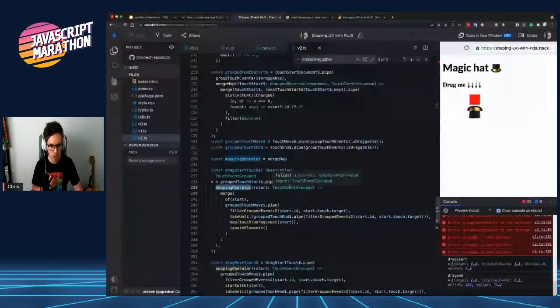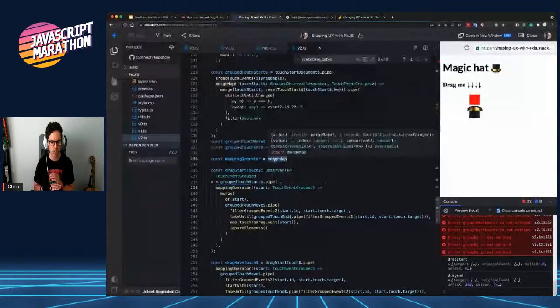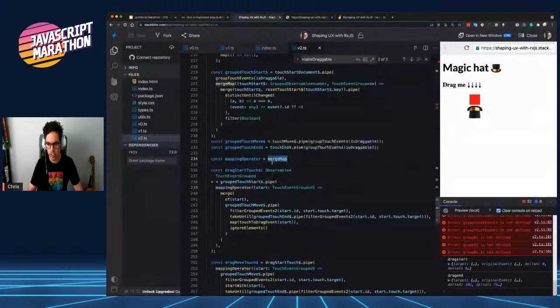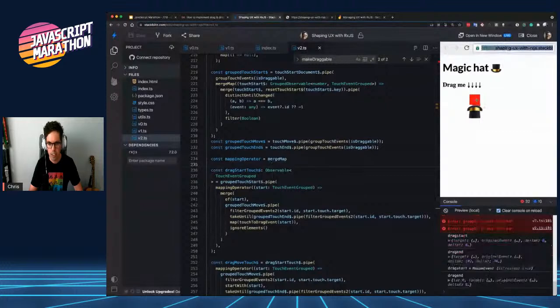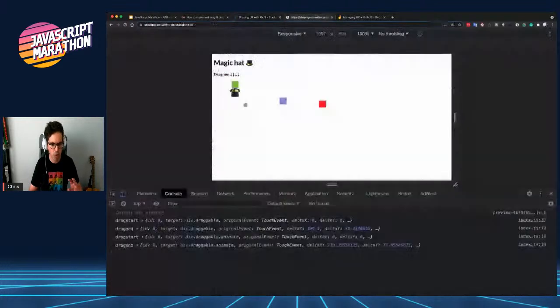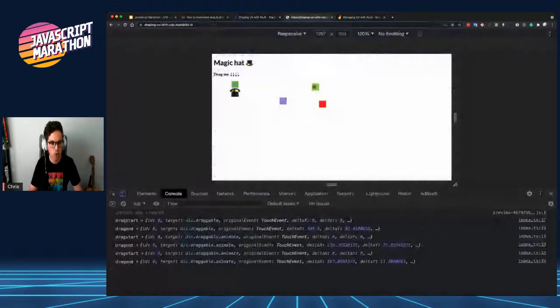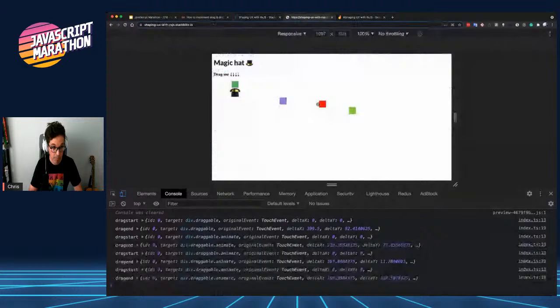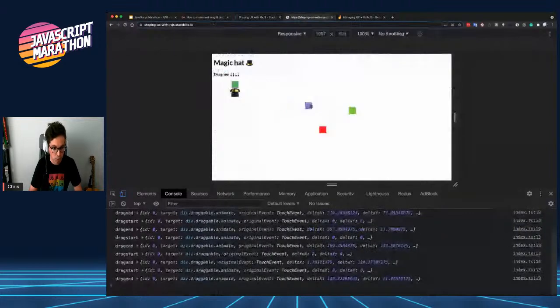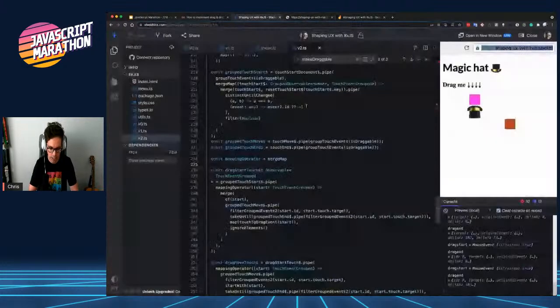So by using merge map, we actually support multi-touch to a full extent, so if you open the page on your phone, it will actually allow you to use multiple fingers to move multiple elements at the same time. If we make it exhaust map,